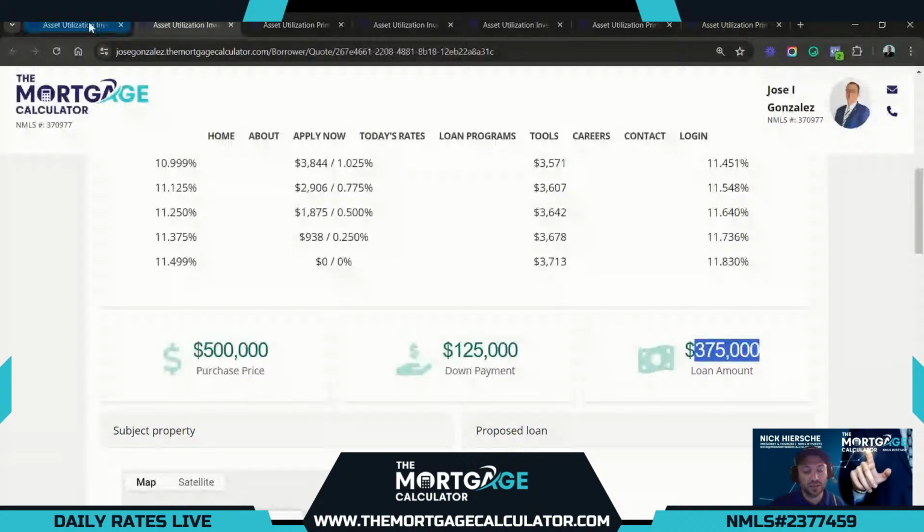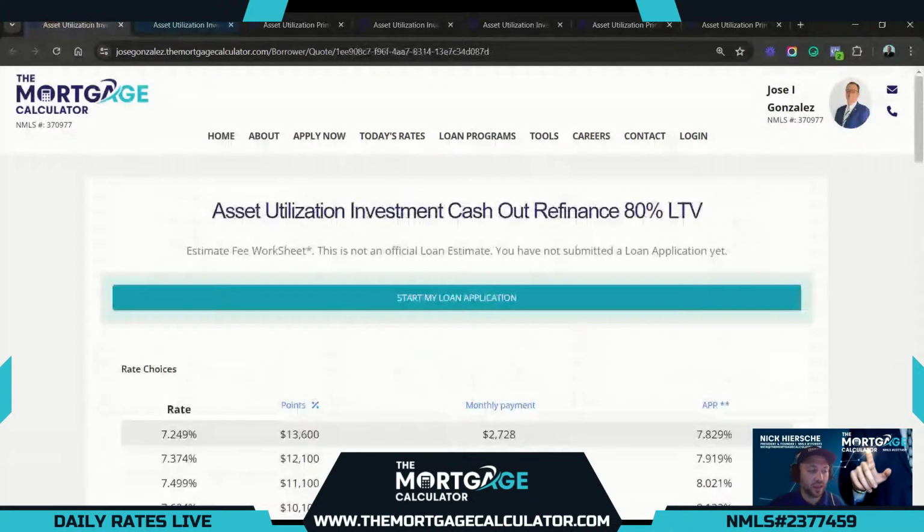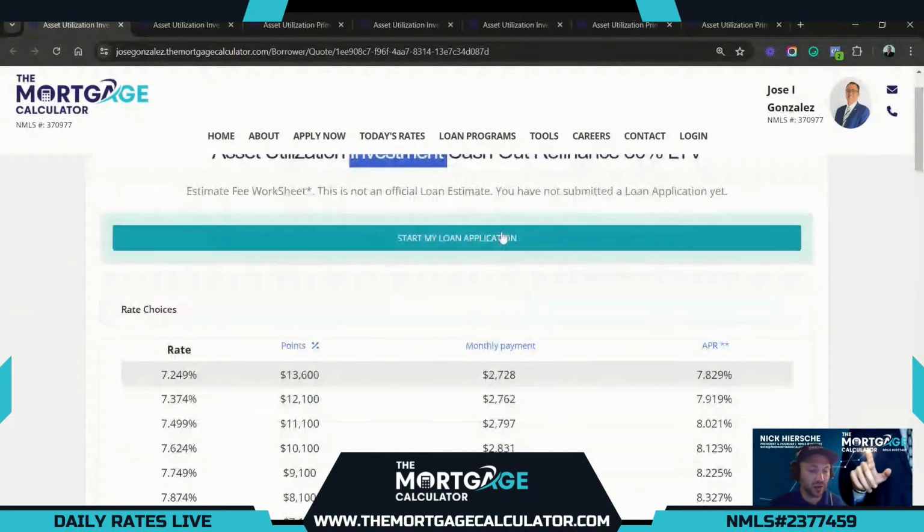And the final option Jose presented us here was a cash out option. So we can use asset utilization for a cash out. And for an investment property, we can even get up to 80% loan to value cash out with, of course, the higher credit score of 760 that we use for our demos here. So to get a cash out with no employment or income needed of an investment property using assets only,